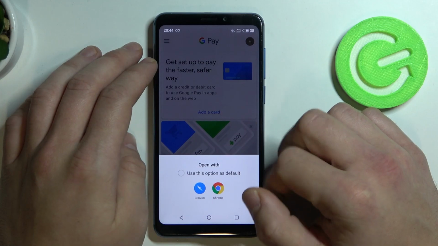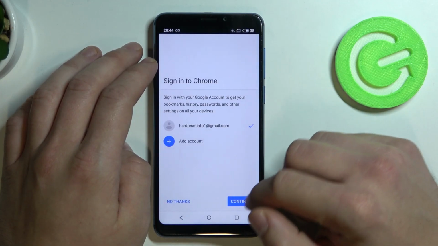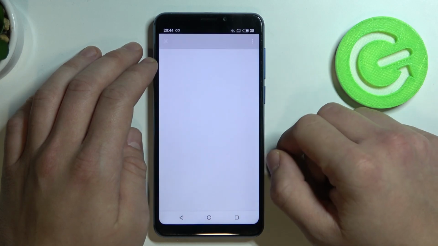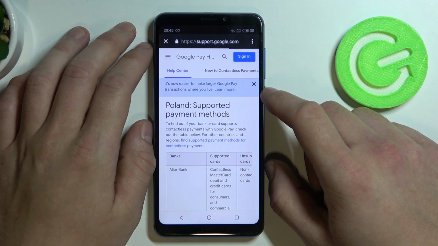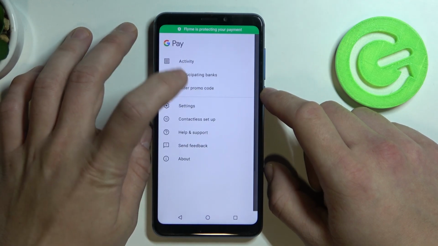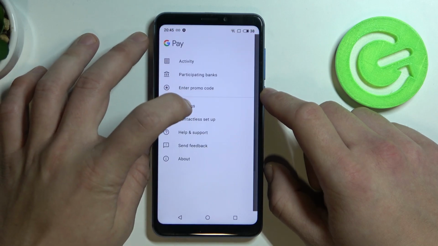participating banks. You'll be redirected to a website where you'll see a full list of all banks participating in Google Pay. Then you can enter a promo code, go to settings,